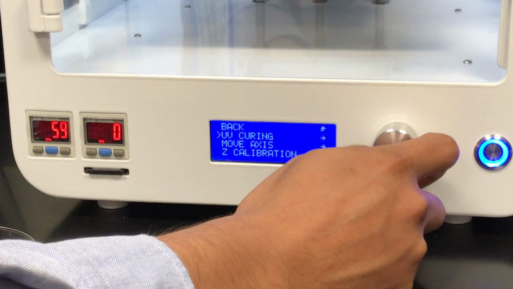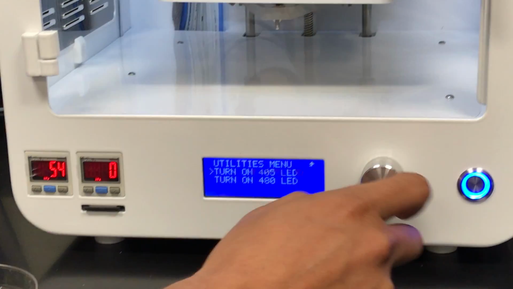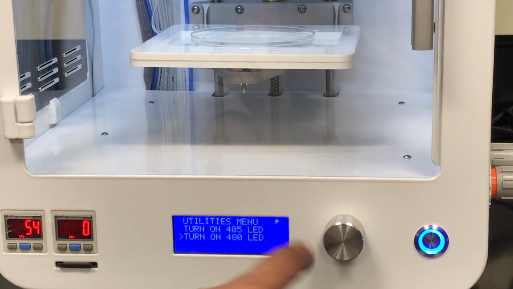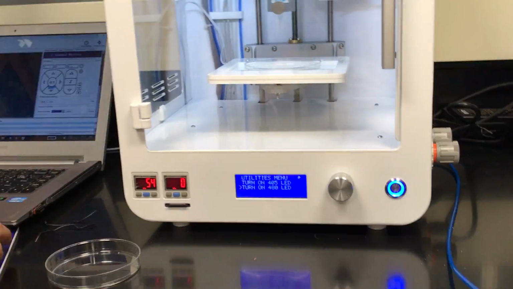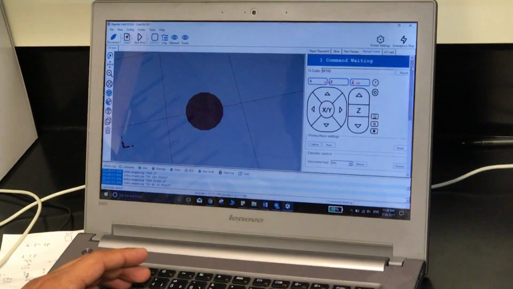Here you have the UV curing, and then you have the 405 and the 480, which is a bright one. Those ones you can control. For example, here I will just 766. I think it's